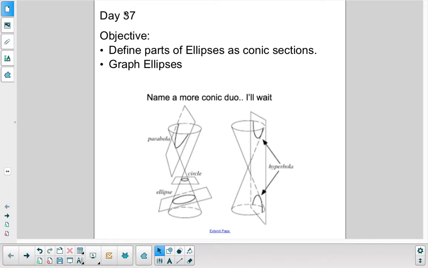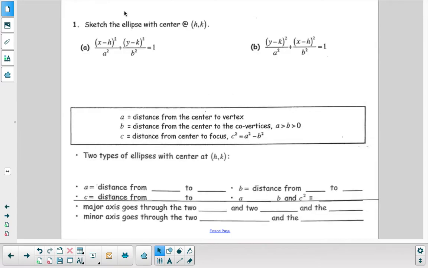Good morning, everybody. Today we're going to be talking about ellipses and then graphing them and the parts of an ellipse. But let's just jump right into it. To do this, again, there's going to be multiple forms of this, and they're going to look really similar, but basically they're the exact same thing. The only difference is that the y and x switch,